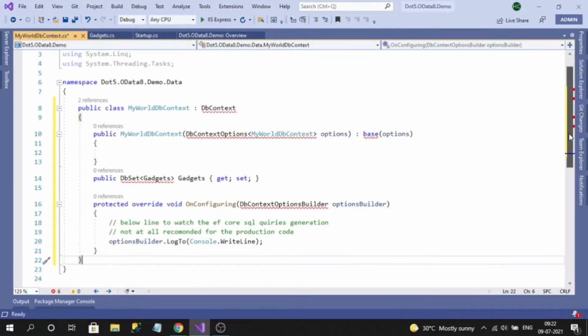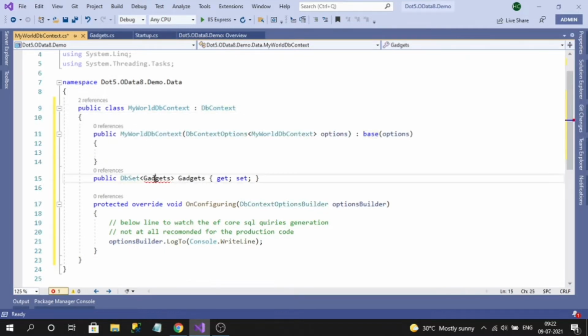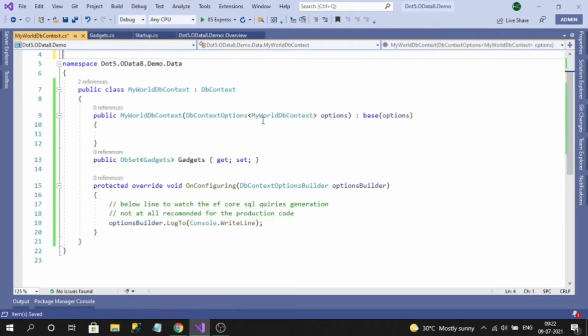So this is my DB context. Let's import the namespaces. Okay, so this is our DB context.